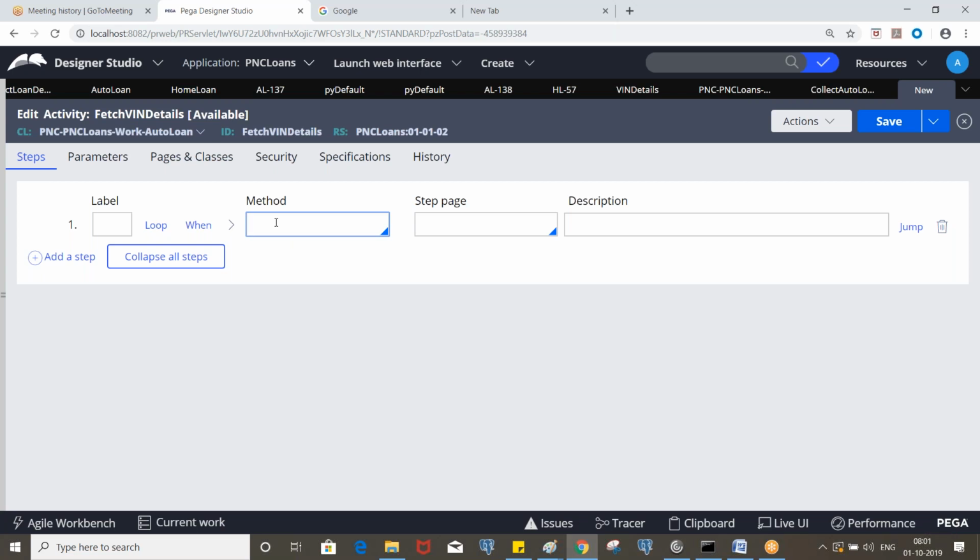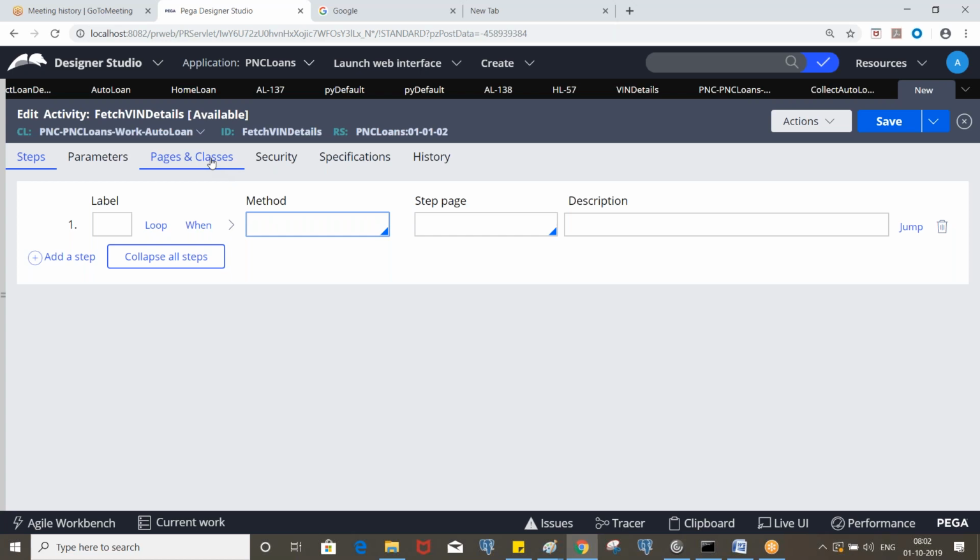So tell me, how many classes are involved here? One is the auto loan class, because we take some property, let's say win. You selected the win value, and that will be available on PY workpage. And here we have a win details data class.